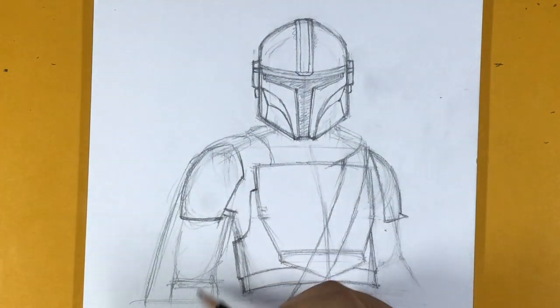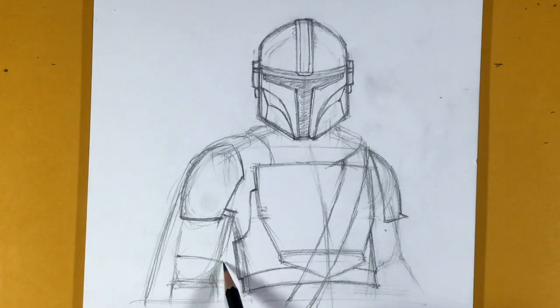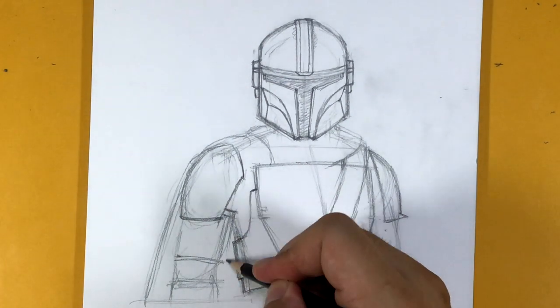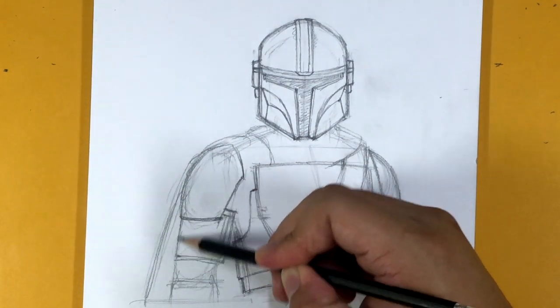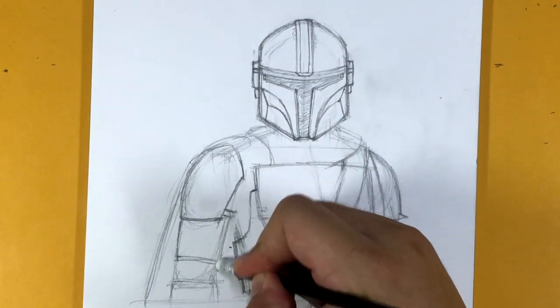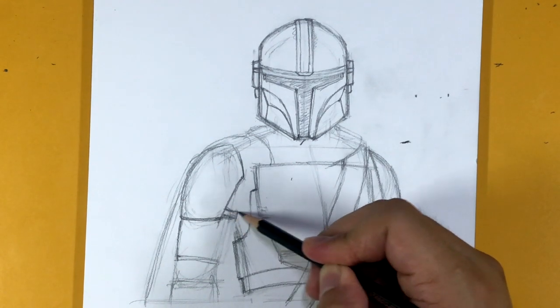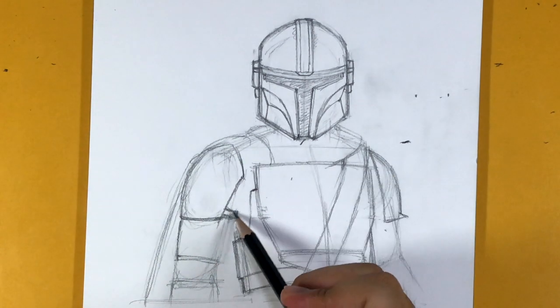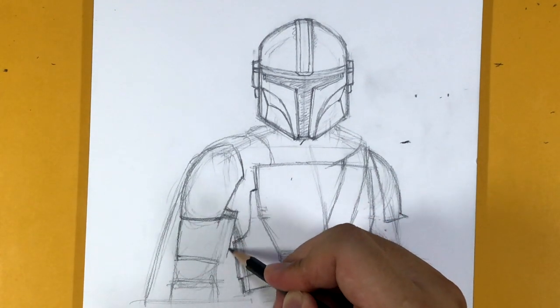Okay, and then while we're here, let's draw the arm now. And the arm, there's like a little piece of fabric that kind of goes across like this, not a fabric, a seam. Okay. There you go. I'm making that arm a little bit thicker. Let's give him a little bit more thickness in the arm. Now this is going to be a strap, so it's designed to be a little bit tighter, and then it's going to come out a little bit more,